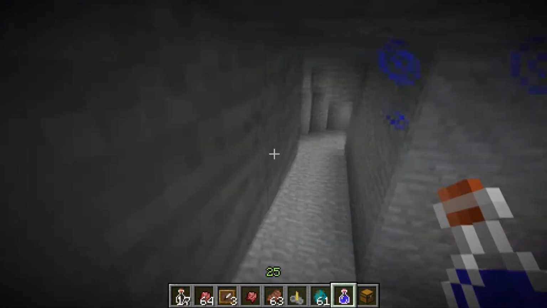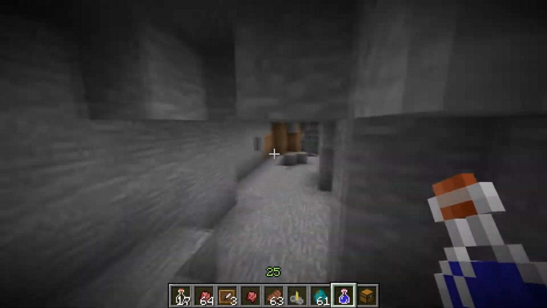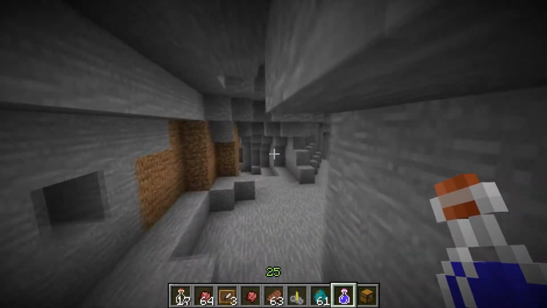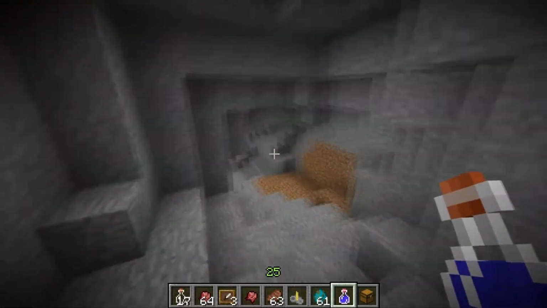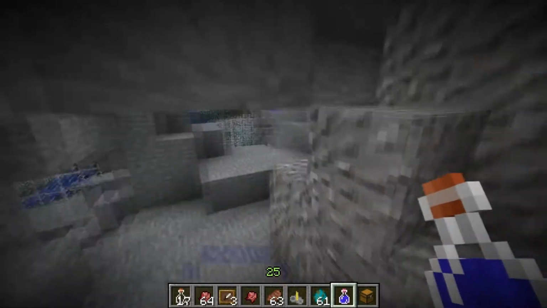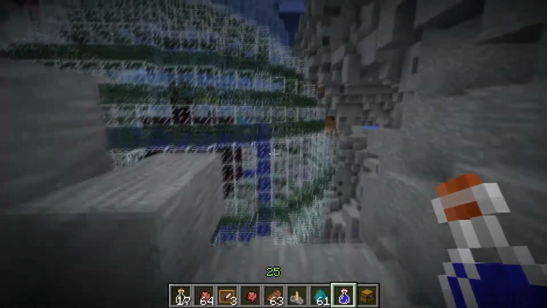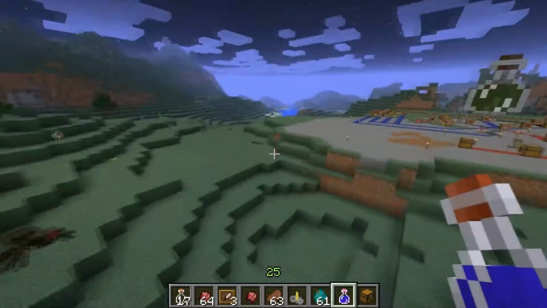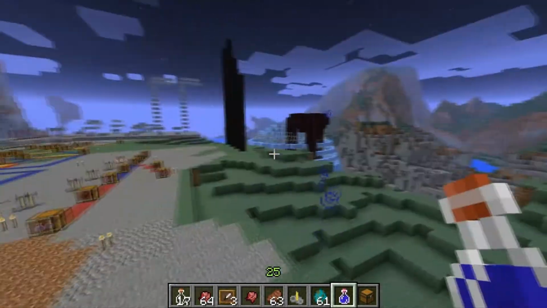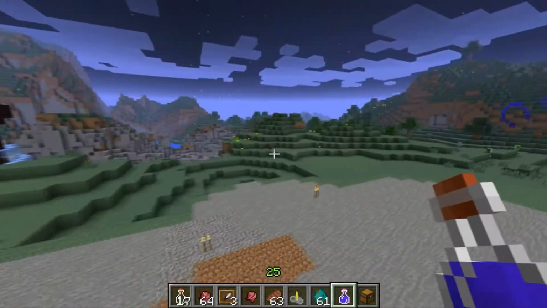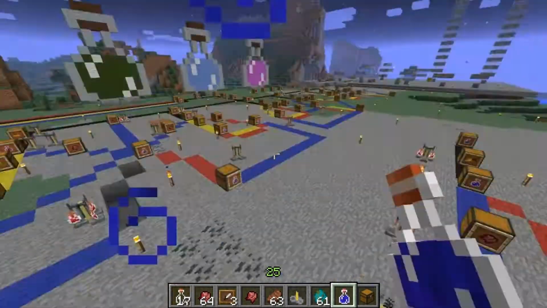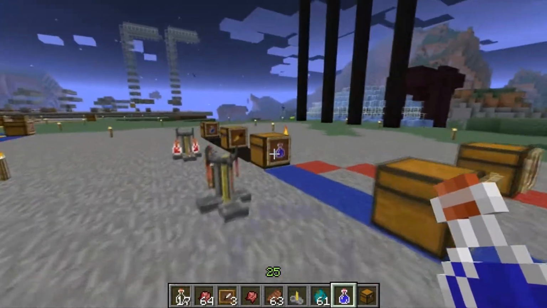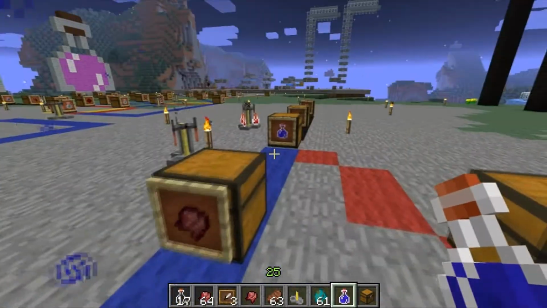You can see there's no torches or anything. Pretty useful. Kind of cool. To be 100% honest, I'd rather use torches because torches are cheaper and they stay there forever once you put them down. But, you know, the night vision is not the reason that this is my favorite potion group, because